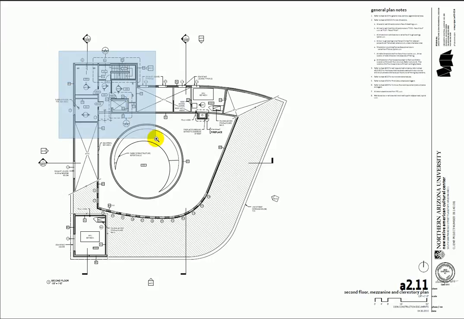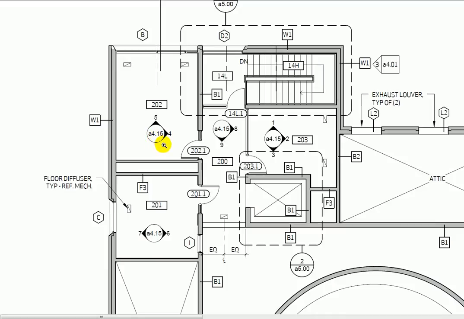So let's zoom right in here. What we see here are some details. Now these are architectural details, but if we're looking for a blow up of the elevator, we have detail 2 on A500, and this little dashed line around the outside indicates that that's a blow up plan. These little details,